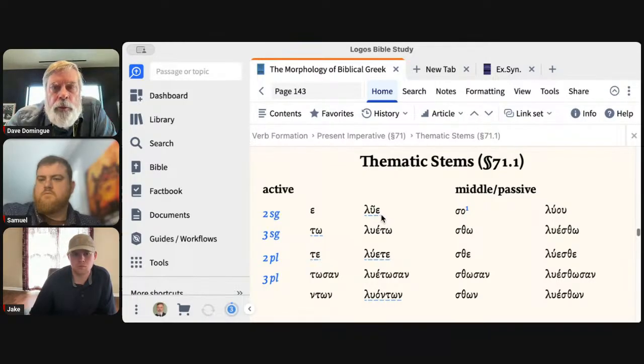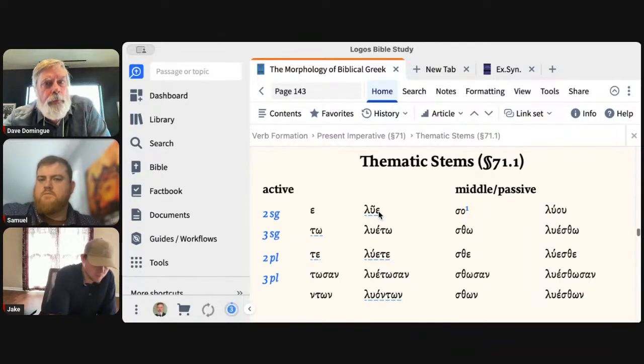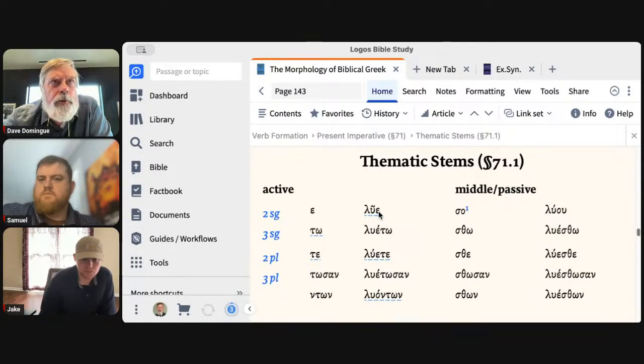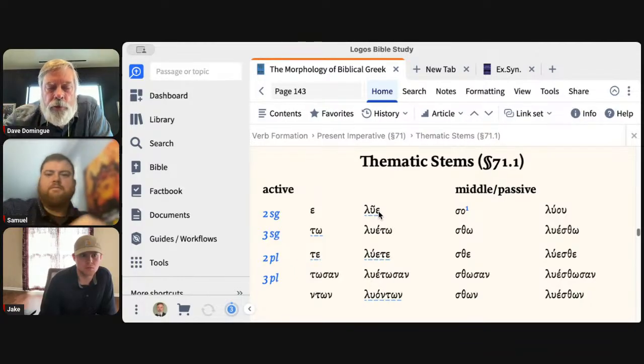Now that epsilon he calls a connecting vowel. Others refer to it as the morpheme. I think it's more accurate to call it the morpheme. I think he does this more for calling it a connecting vowel just to make it a little easier to understand or recognize, because we're used to the connecting vowel of epsilon. The sigma omicron, what happens to the sigma omicron on lu?